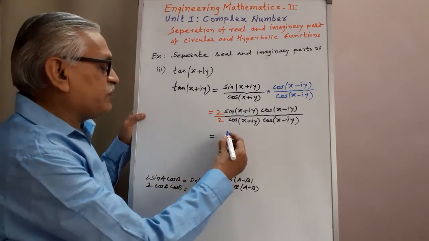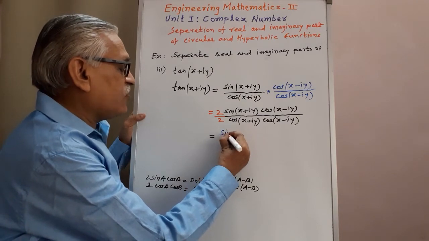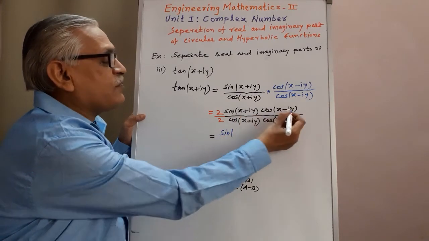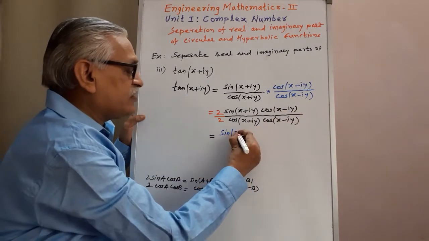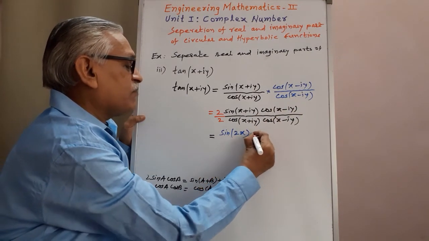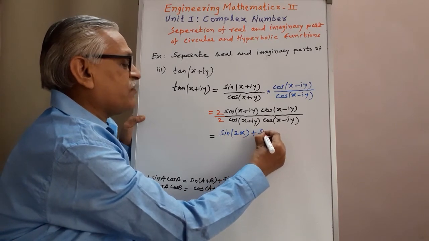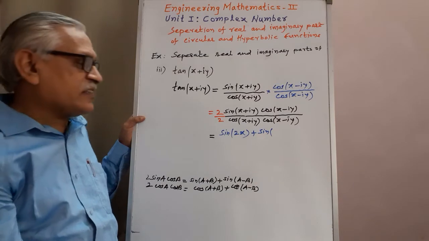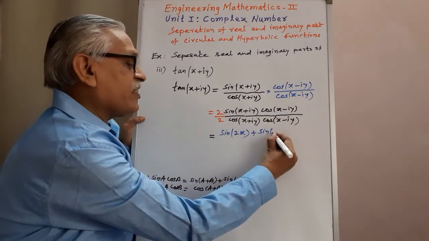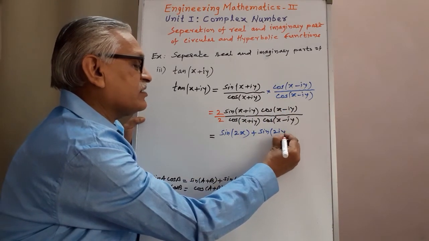Therefore sin of a plus b, sin of x plus iy plus x minus iy, plus iy minus iy get cancelled, we get sin of 2x plus sin of a minus b, this minus this, x get cancelled, iy plus iy we get 2iy